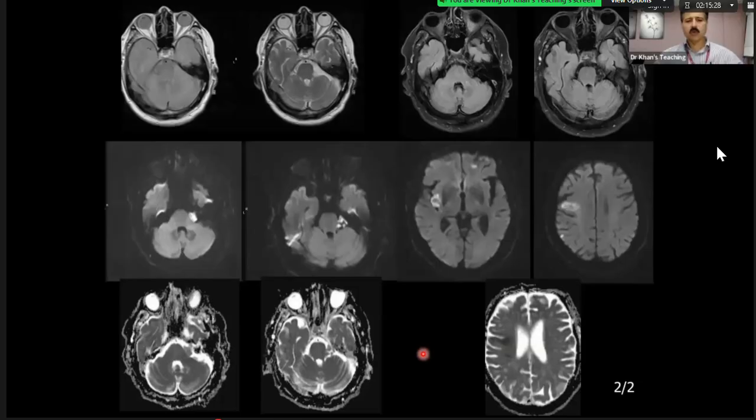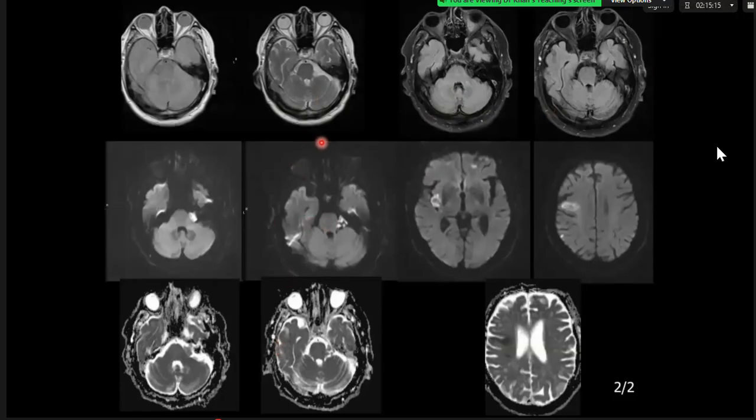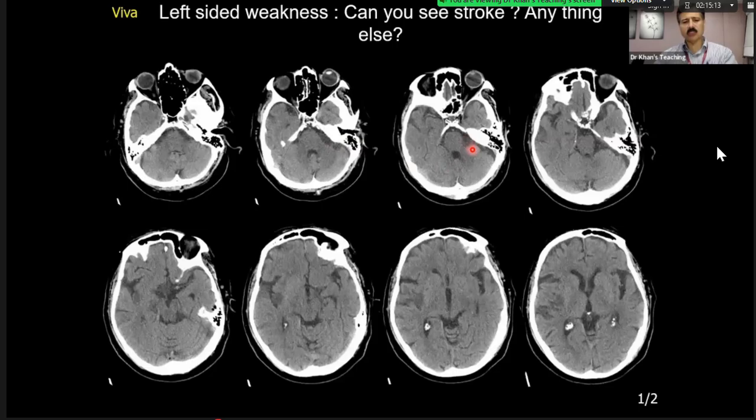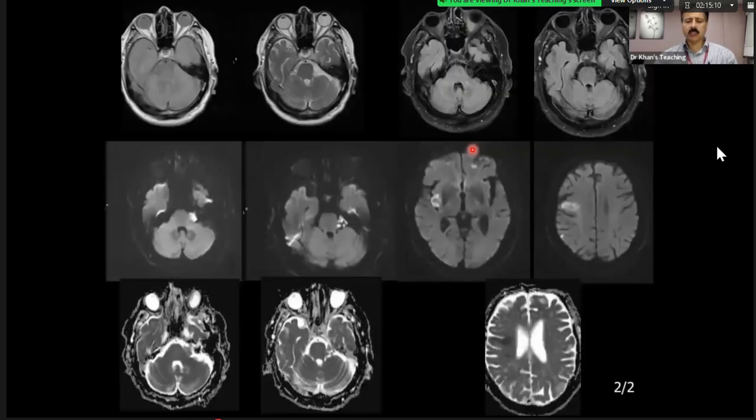Okay, so the learning points here are that this is a T2 weighted sequence. This is a FLAIR sequence. This is of course DWI and ADC map. This lesion was low signal on CT scan. So on a CT scan, the differential can be arachnoid cyst versus epidermoid. On a T2 weighted sequence, you cannot discriminate between the two. Still, it is bright or white on T2 weighted sequence.